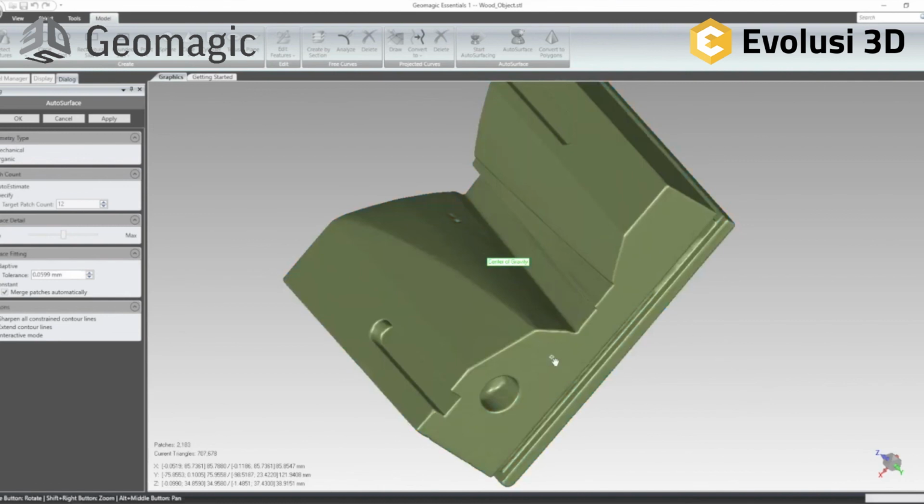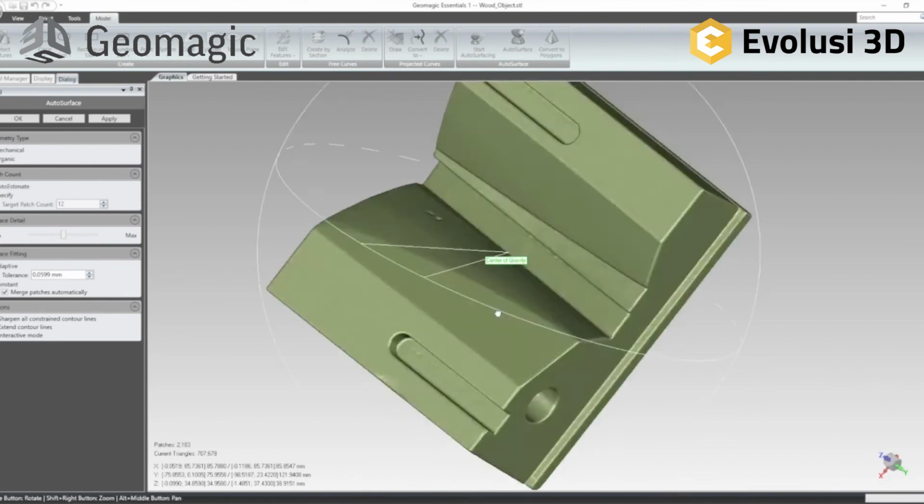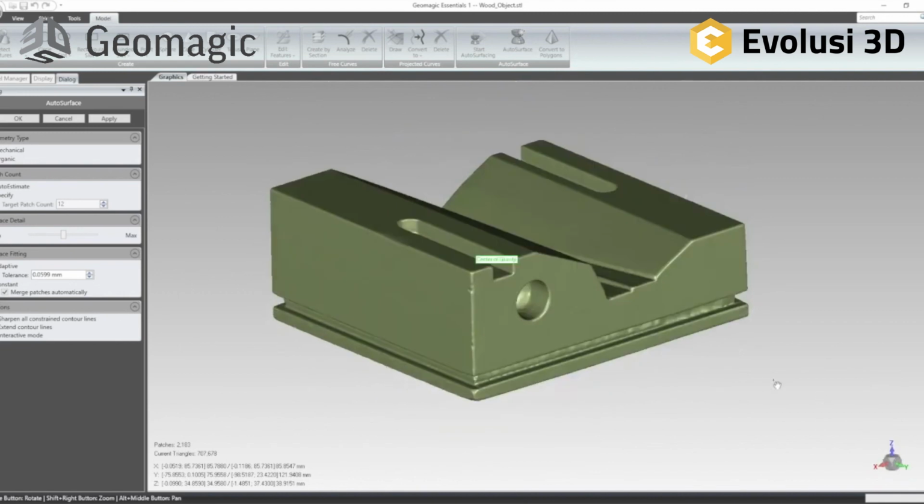And now the color changed from our object, and then we know the process is done,